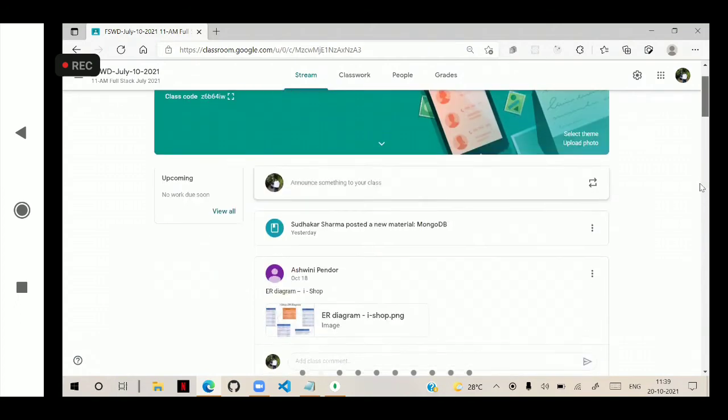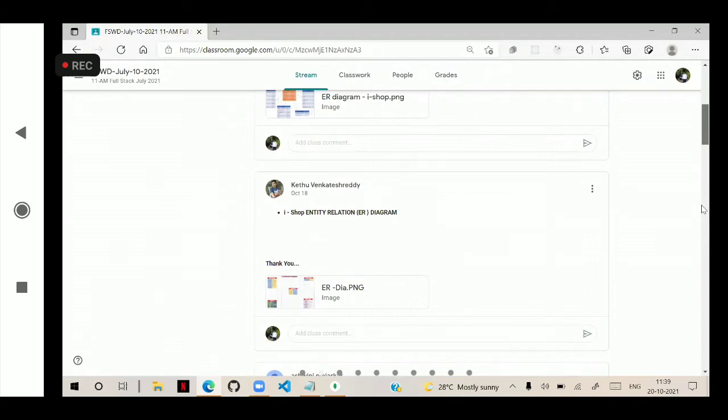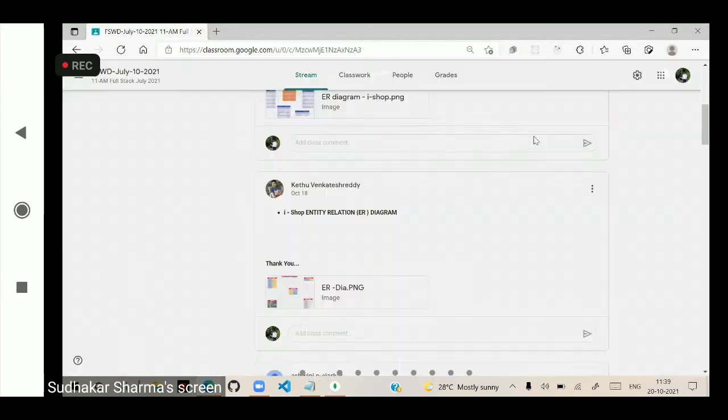These are all the ER diagrams people submitted. I gave you the table actually, and these are the ER diagrams you can design. Tables information I give you in a